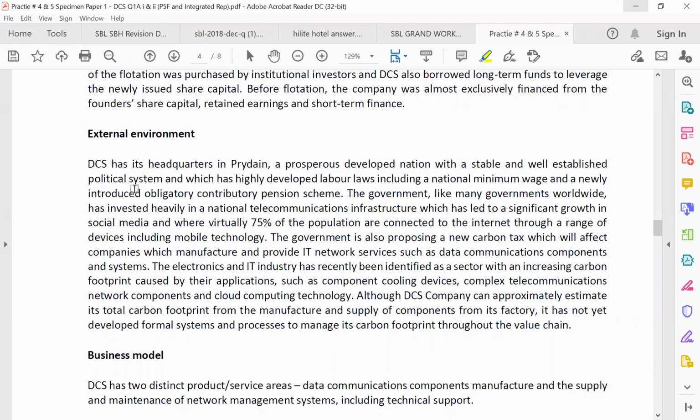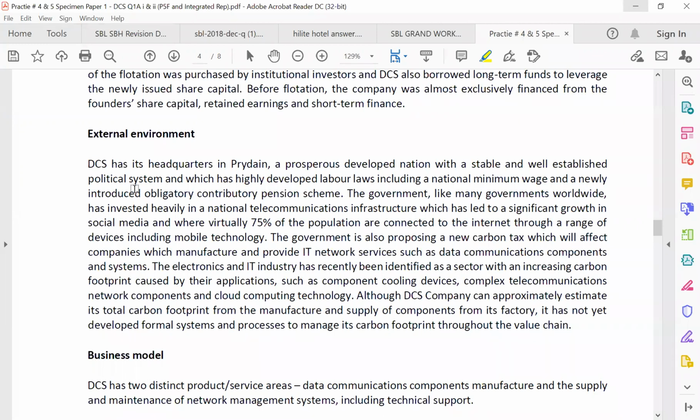The government, like many governments worldwide, has invested heavily in national communications infrastructure, which has led to significant growth in social media, and virtually 75% of the population are connected to the internet through a range of devices,